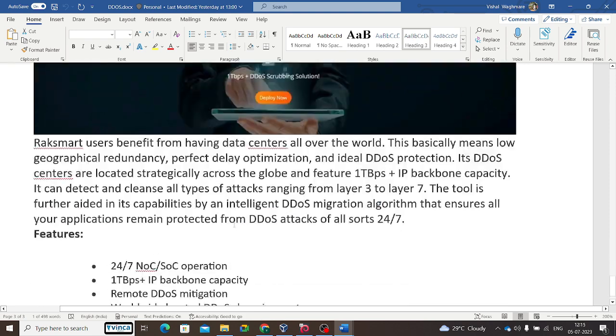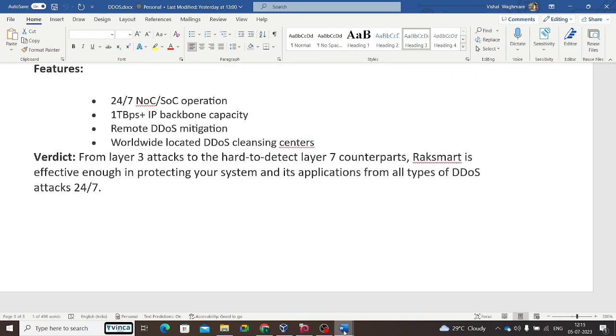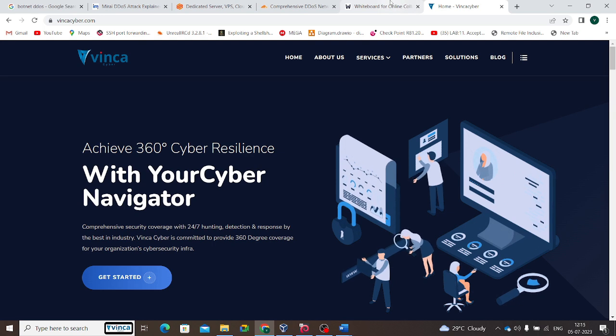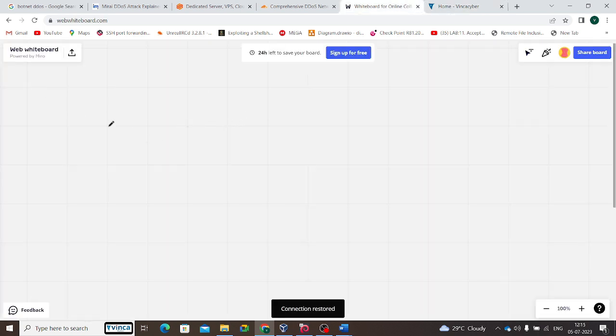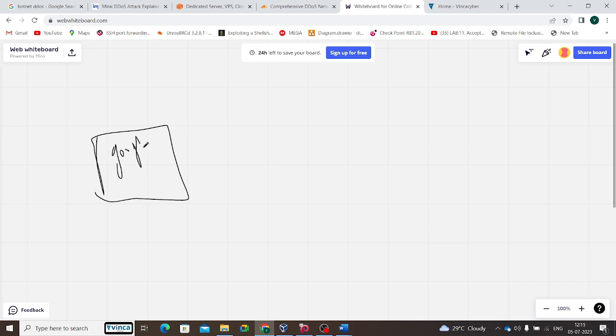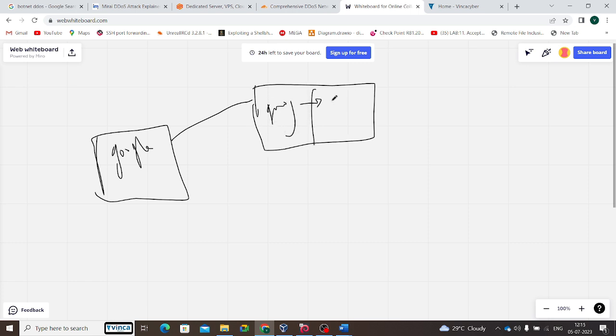Simple. Okay, so I'm going to give you an example. If I am looking for google.com from my system, the request will be sent to the DNS server, and the DNS server has the google.com website with an IP address attached, like 192.168.1.2. In another place there is a server, and the server IP address is 192.168.1.2 something.